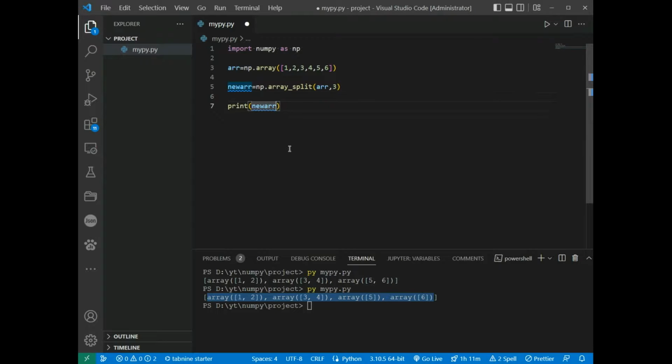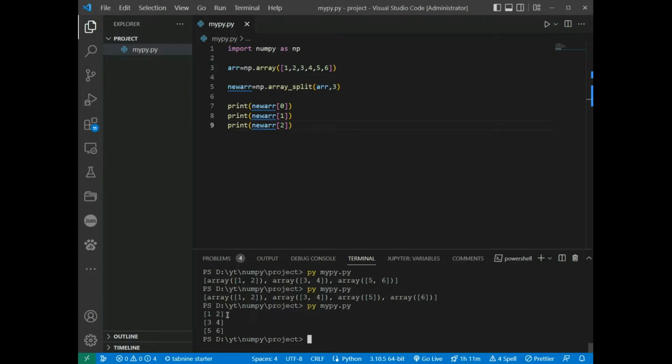changing to 3 and 1, 0, 1 and 2. Save and run, and 1 2 3 4 and 5 and 6, and splitting to the arrays. Use the same syntax when splitting 2D arrays. Use the array split method, passing the array you want to split and the number of splits you want to do. So